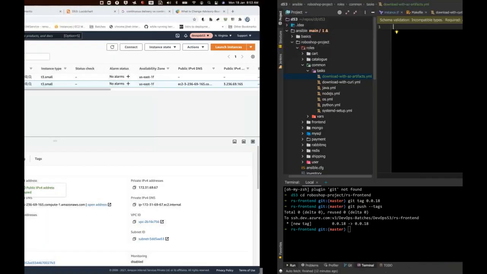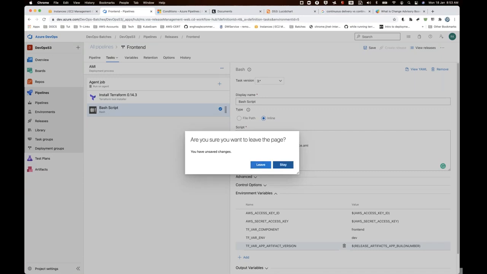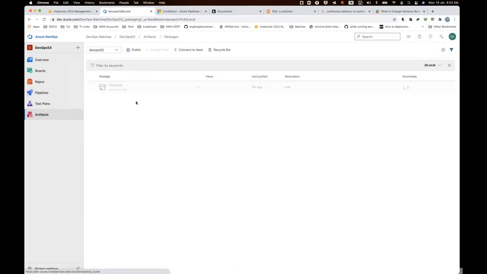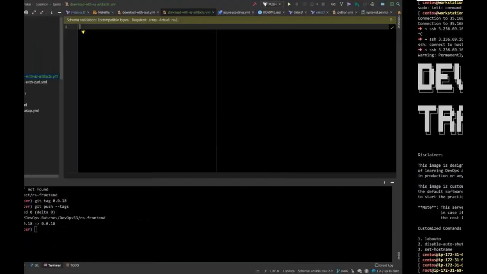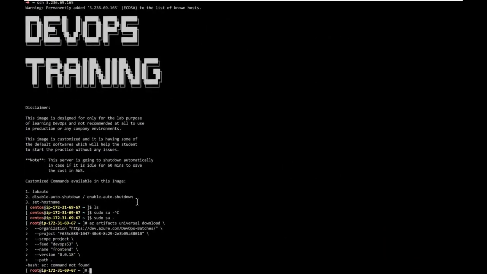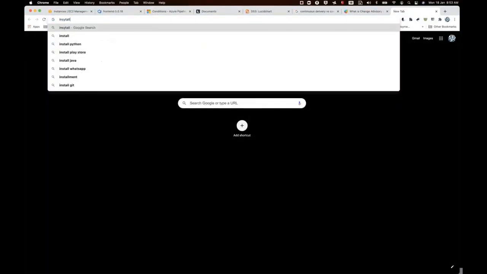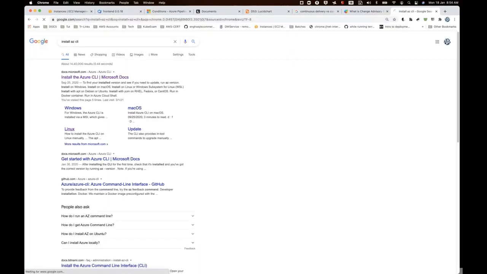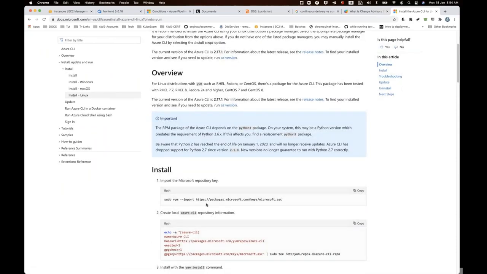So how do you do that? And how do you download the artifacts? If I go here, click on save this and go to the Azure artifacts, this is the command you should use to download. Now in order to make it work, it says the az command is not found. So first you need to install the Azure CLI. If you go there and click on Linux, you'll find the yum repository. Then you just need to run a couple of commands.